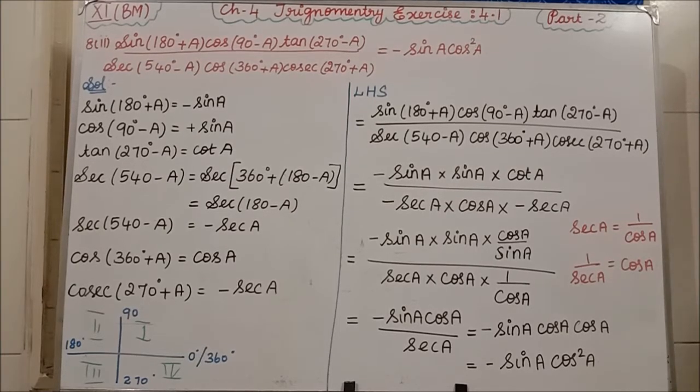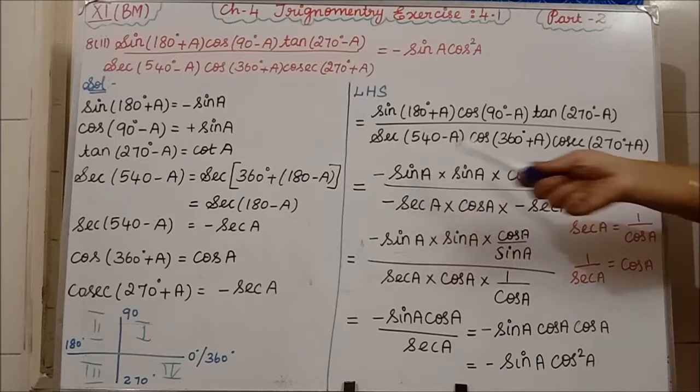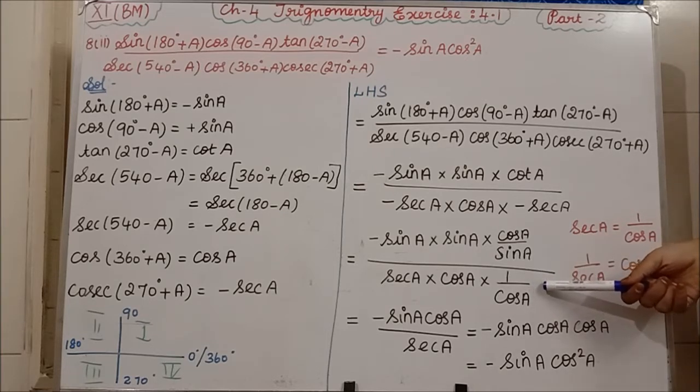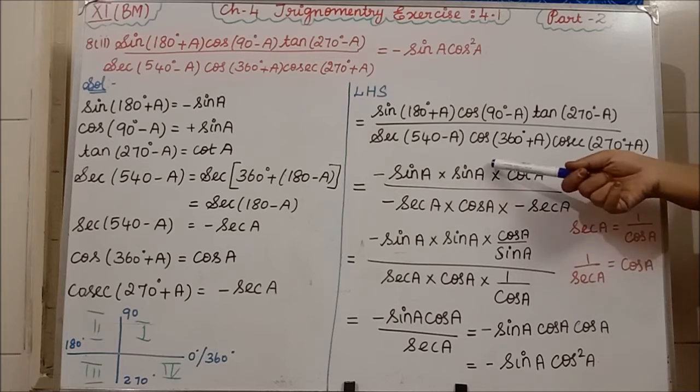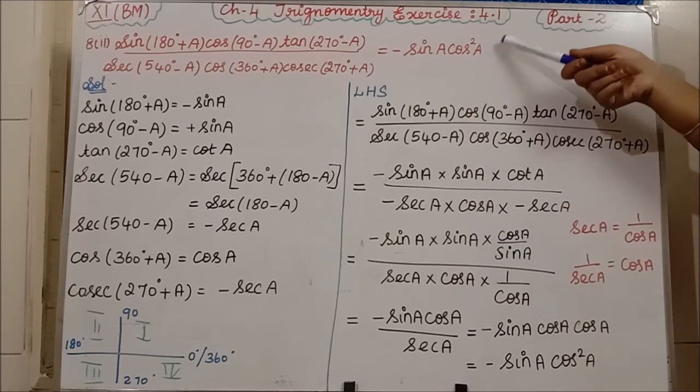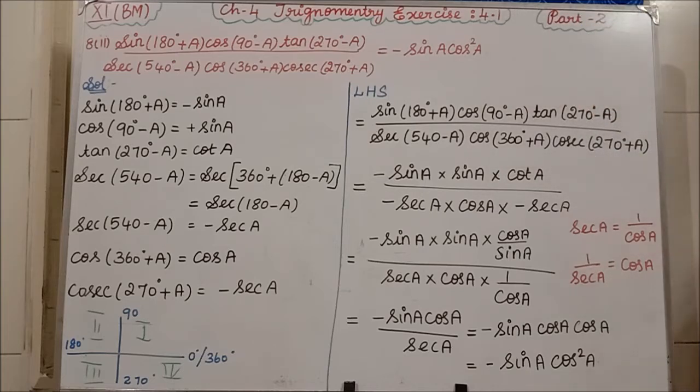Now if you see here, on the denominator there is a minus, and here also in the denominator a minus. So minus minus will become what? Positive. So in the next step, in the denominator I have not written any minus; only for the numerator I am writing the minus. So what do we have to prove? Sin A into cos square A we have to prove. According to that only we have to simplify.